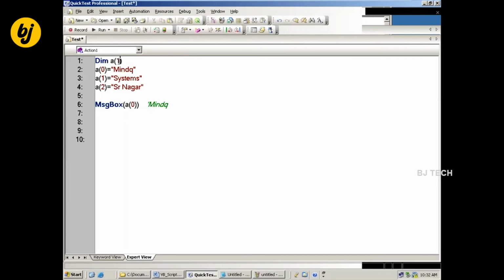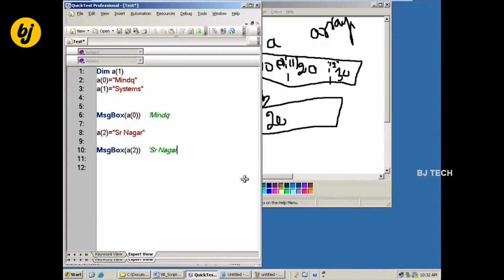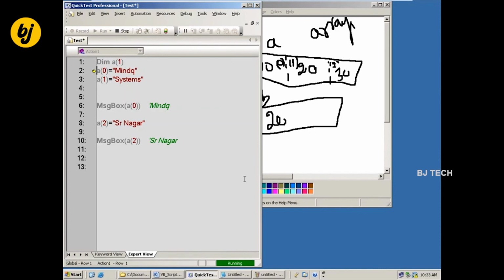Here I gave only one machine. Later I want to assign the value, MsgBox of A of 2 I want to get. Will I get SR Nagar? We'll see that. MindQ displays.